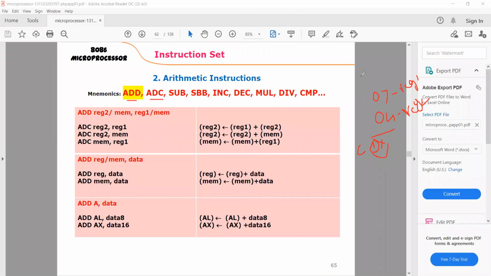What happens here? The second data, or the source data, will be present in the memory here. Here we don't use a register in the second instruction. We use memory, some address location, right? So in that particular address location, we'll have this data. The data which is present in the memory location will now get added with the data that is present in the